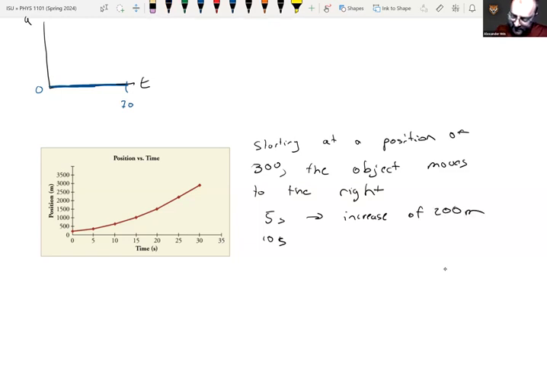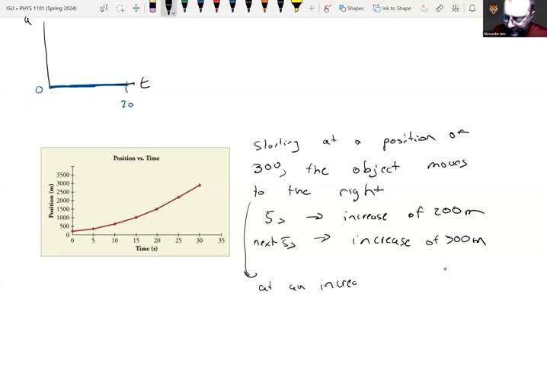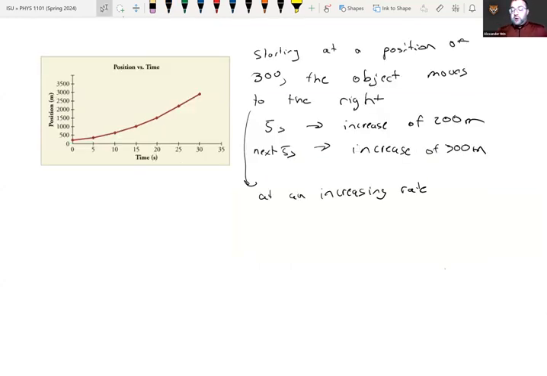Now in the next 5 seconds, so going from 5 seconds to 10 seconds is the way to think about that, you go from about 500 to about 800. So you have an increase of around 300 meters. So the way I would put this, now we don't need to calculate this all right now, but basically what's going on here is it's at an increasing rate. Now, part of what we're going to do when we find the velocity is we're going to find that rate. But if we're just asked to describe it,